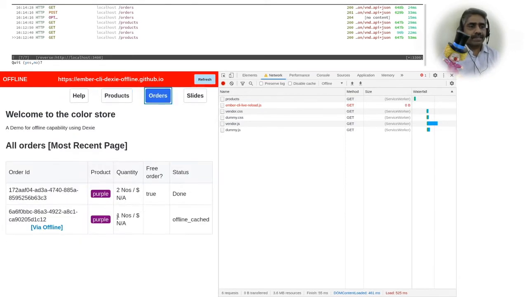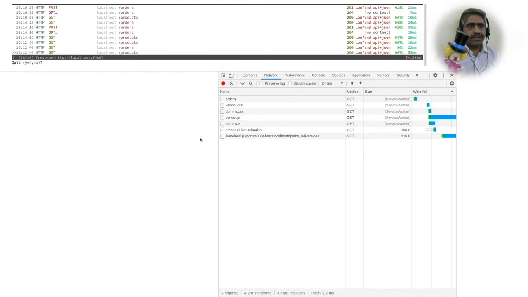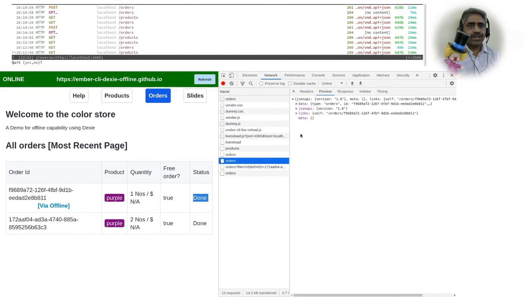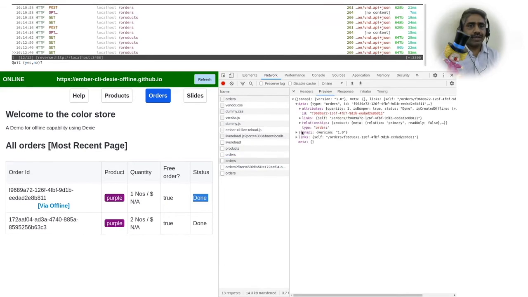The same case is there in the orders page. The listing is a little bit turned around here, so please adjust with that. So now I'm going to quickly turn back online, and I'm going to do a refresh. What this actually does is it makes the offline status go to done status. If you see here, there is a post request that we have made, and even if you see the MITM proxy,